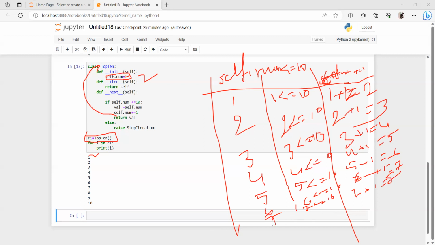Okay, then 8 less than or equals to 10, and 8 plus 1, which is 9. Okay, then 9 less than or equals to 10. Yes, the condition is satisfied. Then 9 plus 1, 10. Okay, then 10 less than